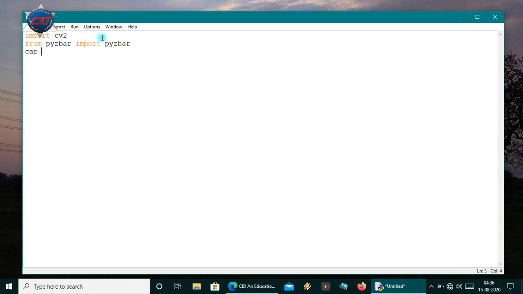I will name it cap, and call cv2.VideoCapture, and I will pass here the URL of the camera. I want this with my mobile camera.